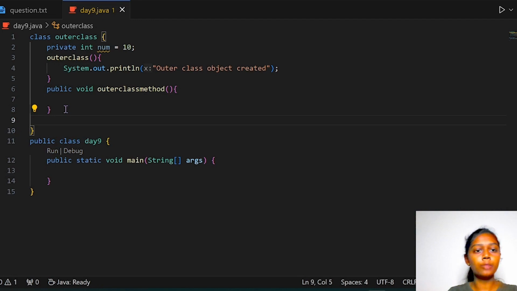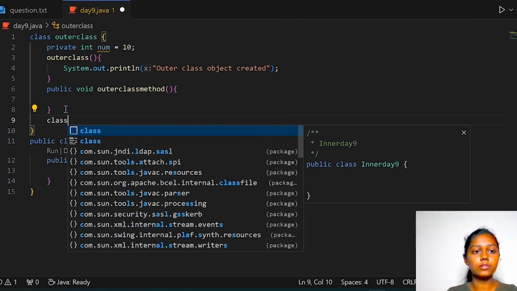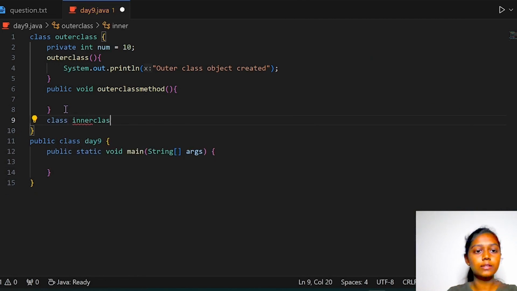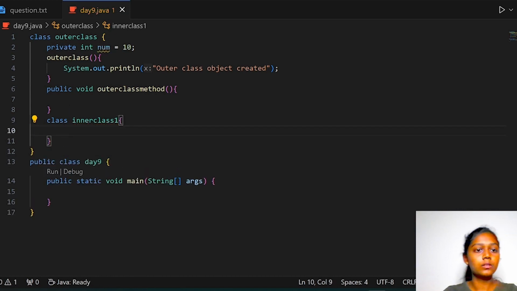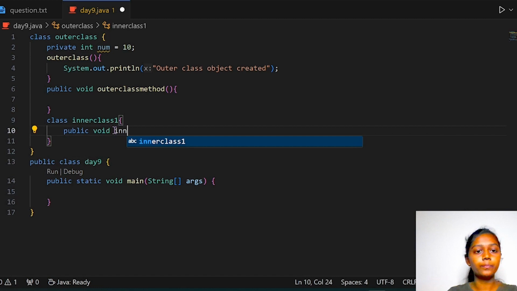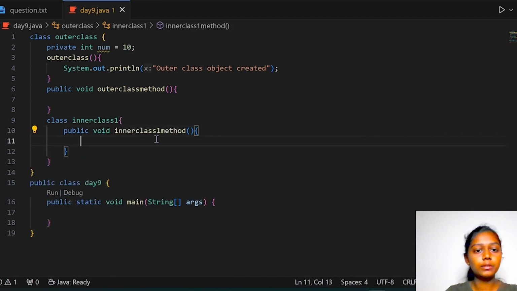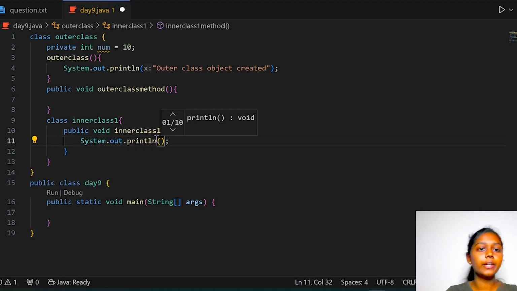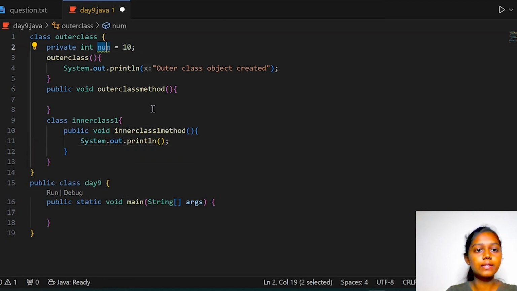Before creating the objects for the inner classes, we need to have the inner classes. So inner class 1. Inside this inner class 1, I will create a method, public void innerClass1Method, and inside this method, I will write a print statement which will try to access the num present inside